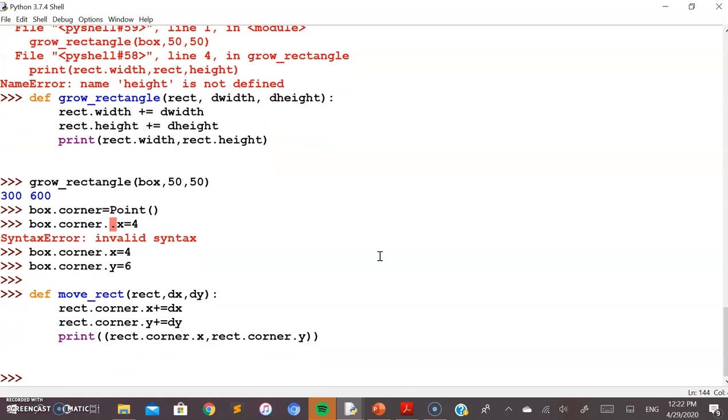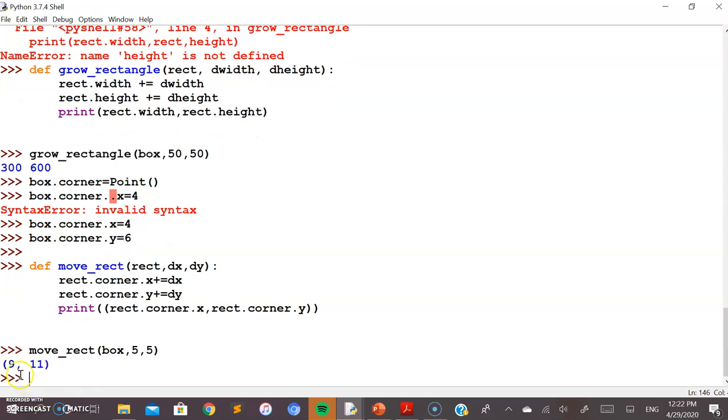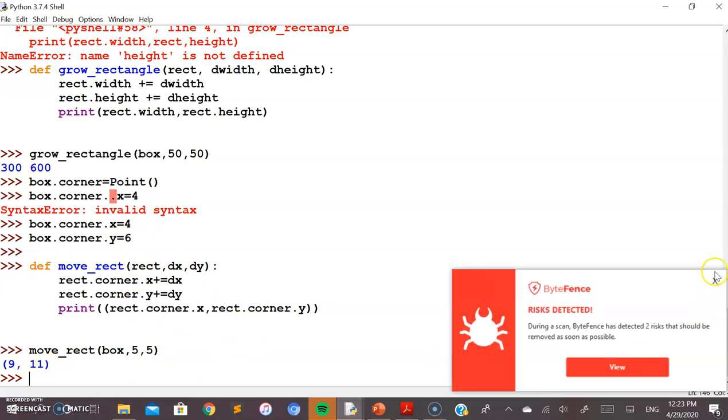So now call this function by passing the object which we have already created. If you remember, box is the object we created for the class Rectangle, where we have set the values for all the required attributes, and then the new values to be added. You can see the values set earlier are 4 and 6, and the new values we are passing are 5 and 5. So 4 plus 5 is 9 and 6 plus 5 is 11. So the function is working here.